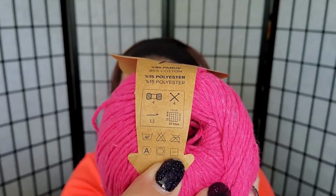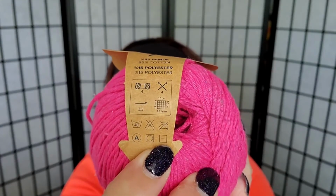Or if you don't want to dry it in the machine, the way to do it is to lay it flat to dry, because there are symbols where you can dry it in the shade, drip dry it, or line dry it. The square with the little line means you can lay it flat to dry. All right, so